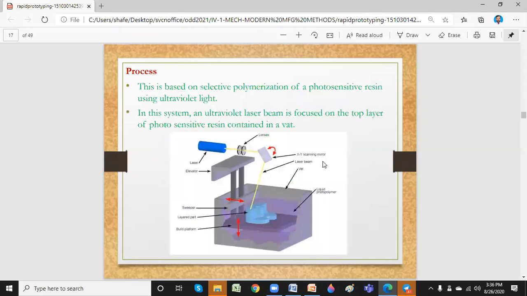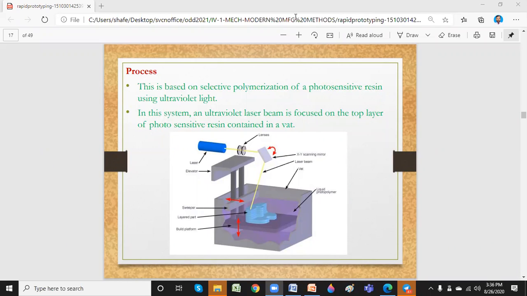Now, this diagram gives you in brief the different components of an SLA process. This is based upon selective polymerization of photosensitive resin using ultraviolet light. You have an ultraviolet laser, so let me take a highlighter here.